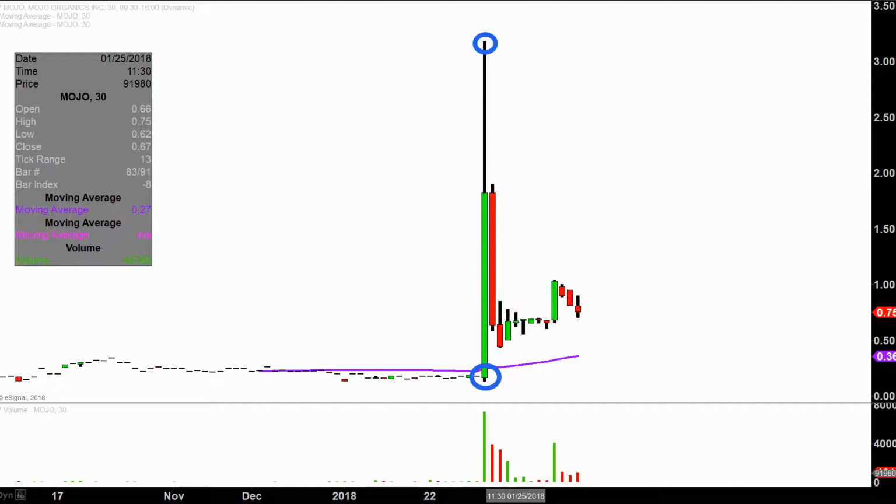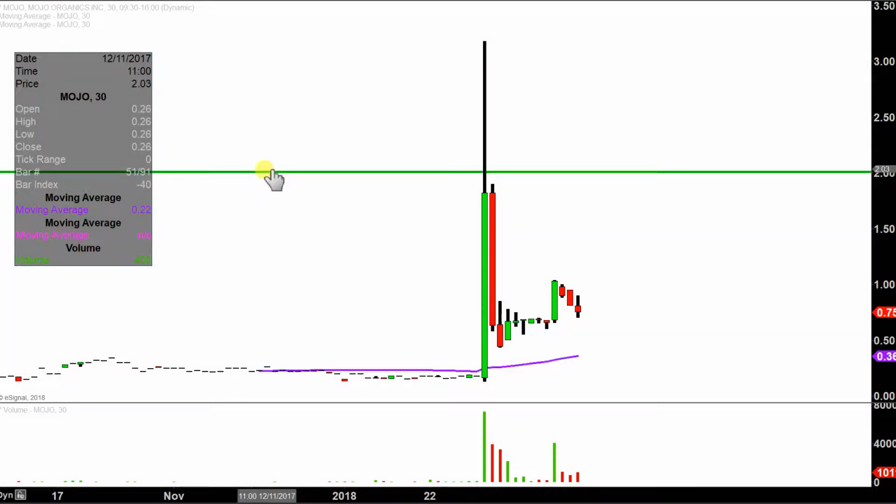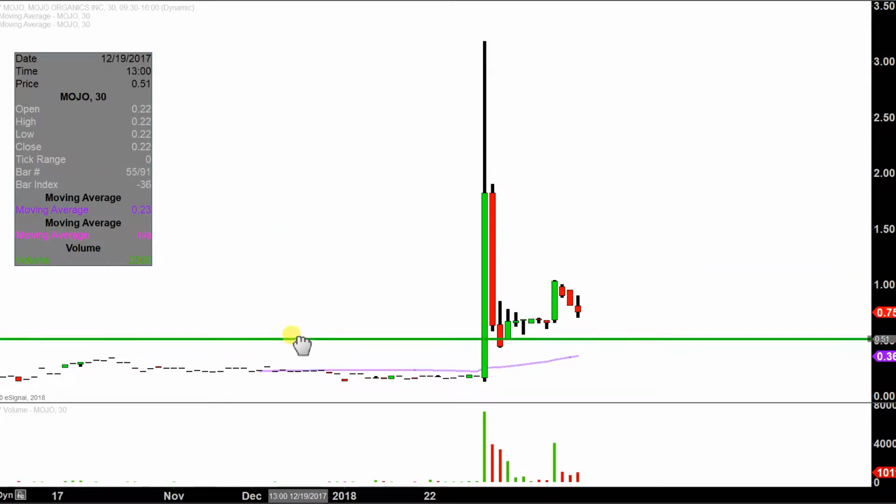Now, to be fair to the bulls, did the price go all the way down to where it started right here and close down there? It did not. So you do have to be a little fair to the bulls, and to best do that, throw in a level of support where the bleeding finally stopped today. And that level was right here around 50 cents.